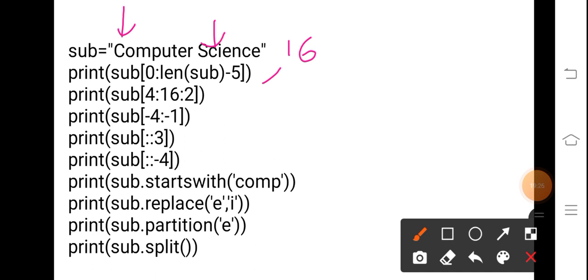Now in the same manner, print sub[4:16:2], where the step value is 2. That means it will start printing from the 4th index and move up to index number 15, and the step value of 2 will be applied. Okay. In the same manner,